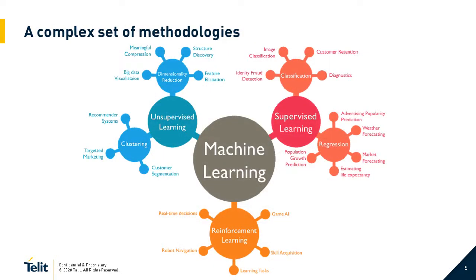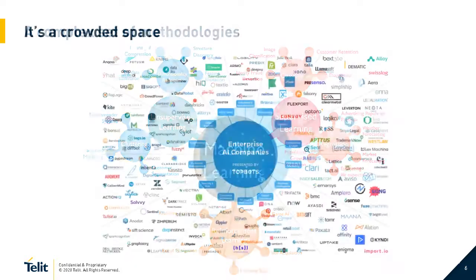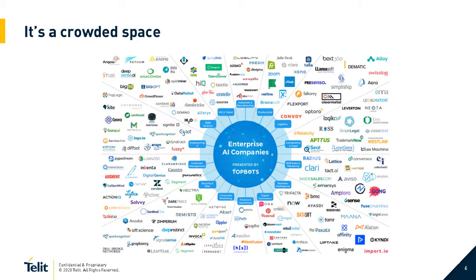To talk about one part of analytics, which is machine learning, even within that space we see a huge number of different technologies and methodologies, whether it's unsupervised, supervised, or reinforcement learning, that can all be applied to different use cases you may encounter in the market. And this is a very crowded space. When customers ask us what we have for analytics embedded in our technology, we are very careful about what we say we can do and what we can't.